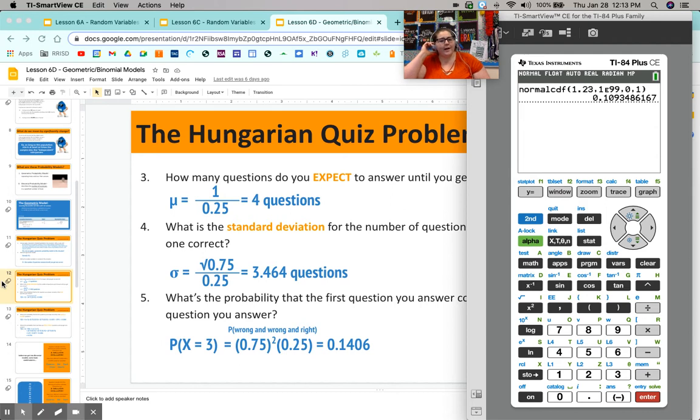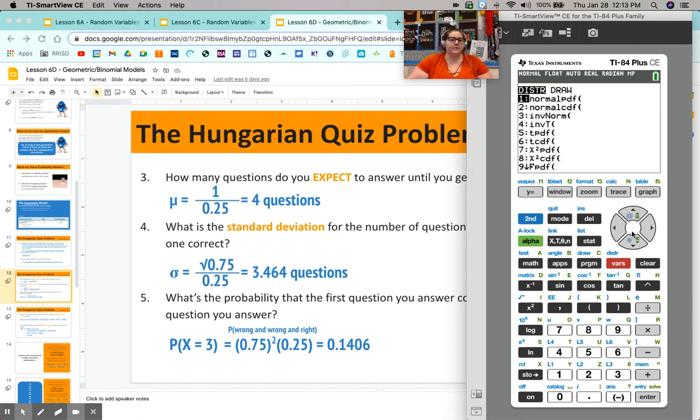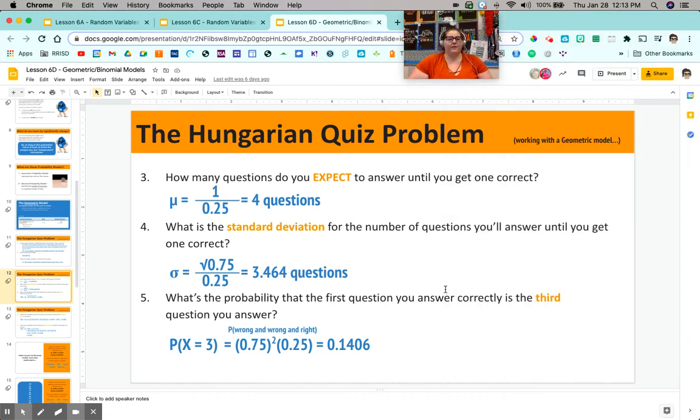I didn't show you guys this in class because typically with geometric, the questions are easy enough that we can just use formulas. But if you wanted to, when we go to our second vars menu, there are options for Geom PDF and Geom CDF. You can use those. So if I know it's a geometric model and I want to find the probability that the first question I answer correctly is the third question, or that I don't get one right until the third question, something like that,